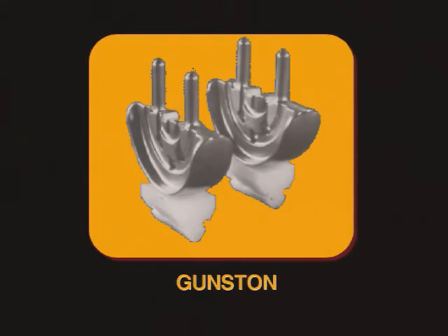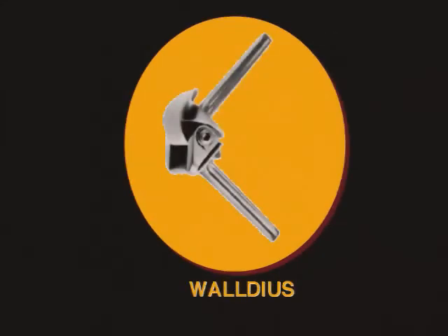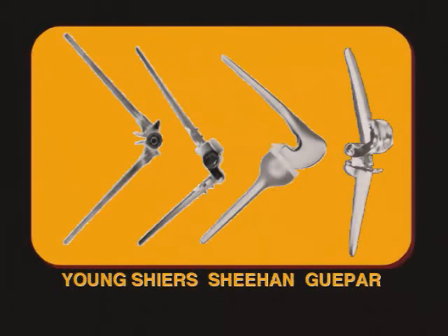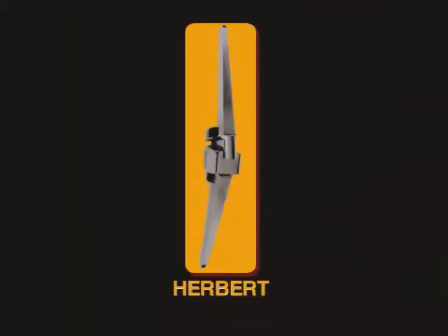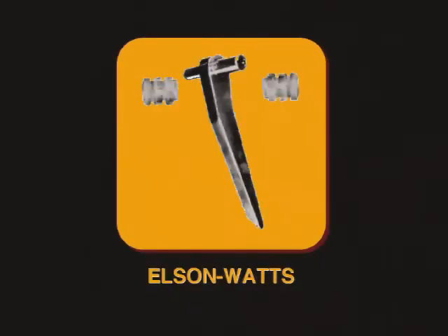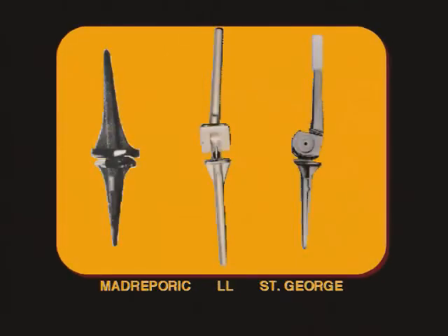This is called the Gunston. This is one of the first ones. Two runners to substitute for the condyles. They were glued in. The Waldius, a hinge device. These other hinge devices, all with fixed hinges. And of course, within a year or two, these things worked loose, became infected, and there were tremendous problems with these devices. The Herbert, I'll talk to you about that because that's one that one of my partners had some experience with. This goofy looking thing, two polyethylene plugs were put into the femur. That gadget was somehow jammed in there, and this piece went down into the tibia, the long stem, cemented in. These things worked loose within a year or two.